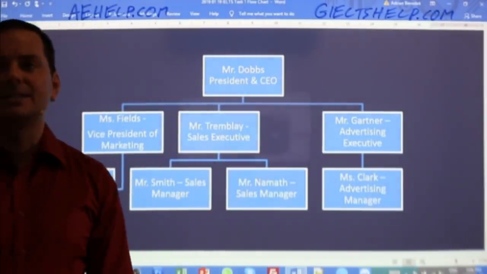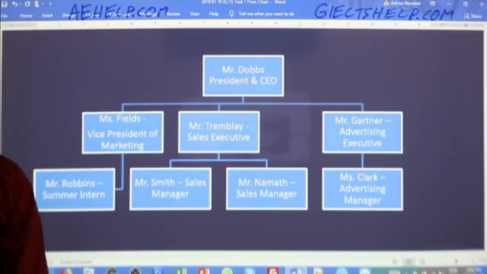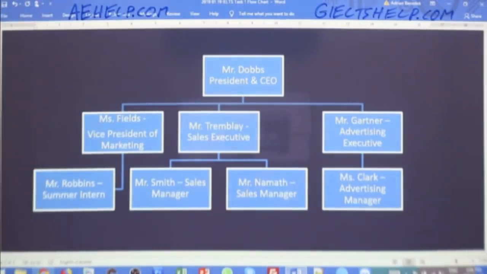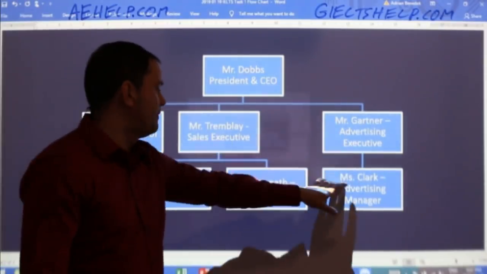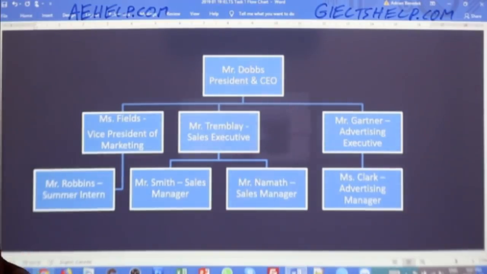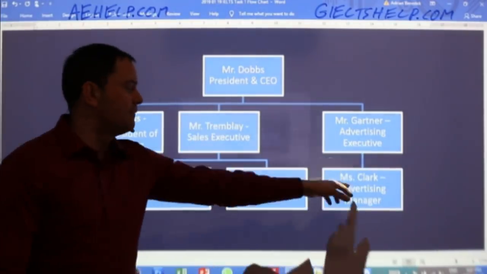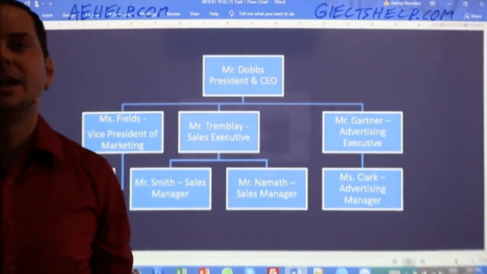So Naveen says, illustrates the ranking system in a marketing company, okay? We can say marketing company in a different way, Naveen, according to their designation. Designation is good, okay? How many positions do we have here? 1, 2, 3, 4, 5, 6, 7. So we have 7 positions. How many employees? 1, 2, 3, 4, 5, 6, 7, 8, right? So there are 8 employees and there are 7 positions.